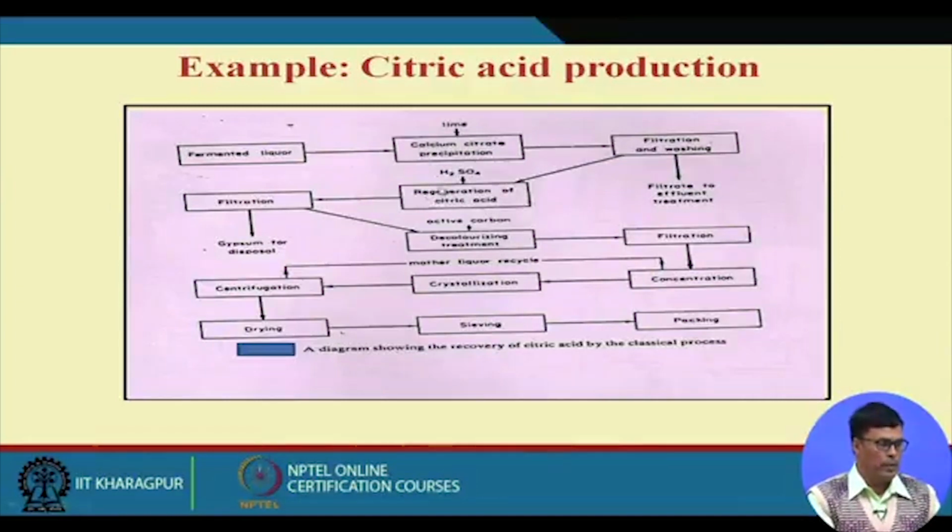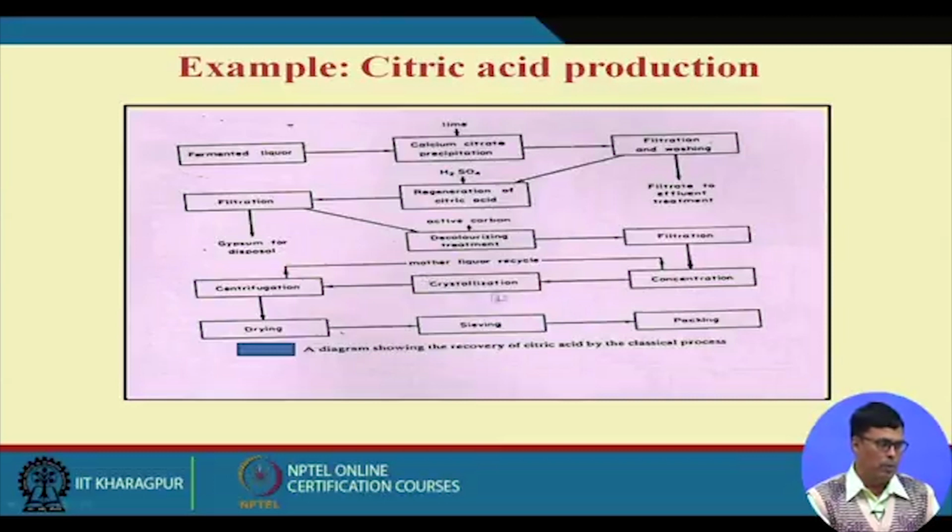Again, then it converts the calcium citrate to citric acid and calcium sulfate. Then calcium sulfate is removed, this is called gypsum, for disposal, and filtered. You use some kind of decoloring matter like activated carbon to remove the color, because if color is present in your product, then it will be very difficult to market the product. Then you have to do the filtration, you have to remove the activated carbon, then you have to concentrate with